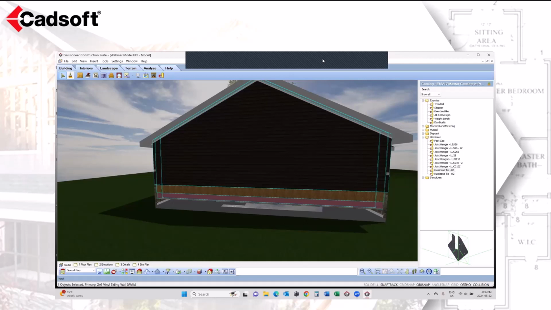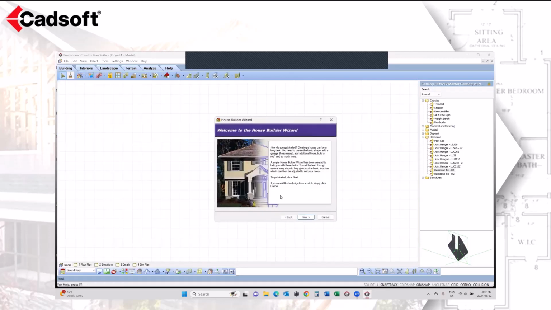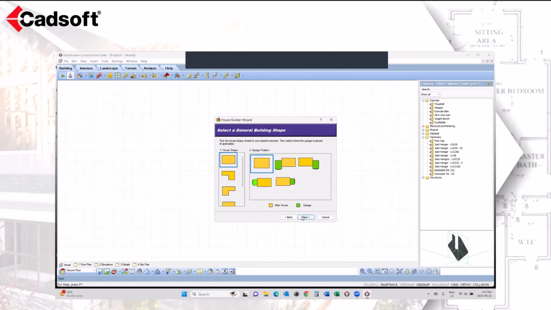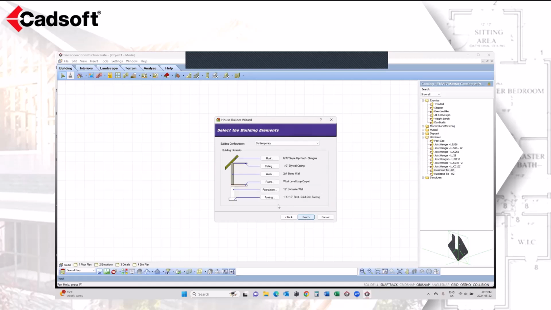When we're creating a house and we're using the building wizards, you specify the materials that you're using. So if I wanted it to have different materials in one way or the other, I would specify that. So if I go to the house builder and tell it that I am building a 2-story home and that I have a full basement, and click next, and I'll just do a simple one here. It's 30 feet. See all of the different materials that you have here, and when you're picking, if I go back here,